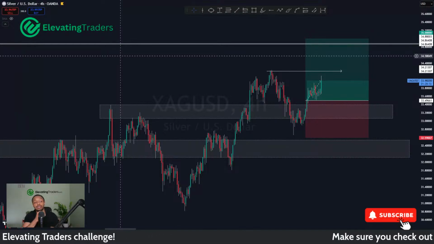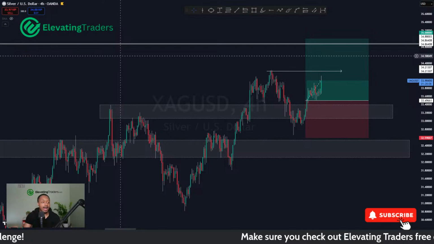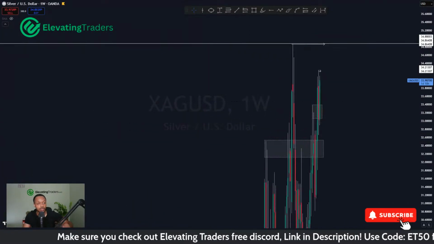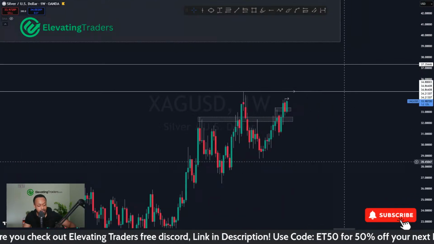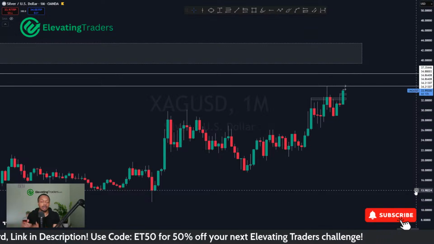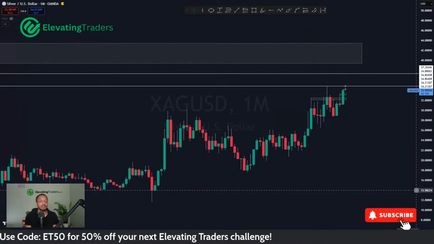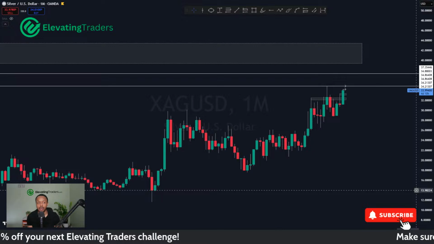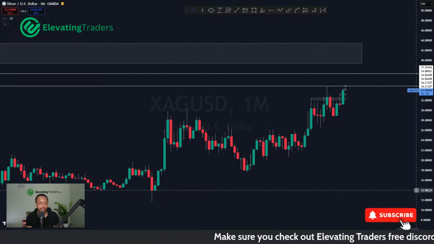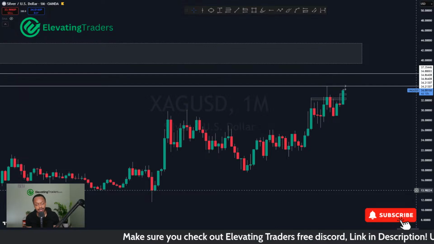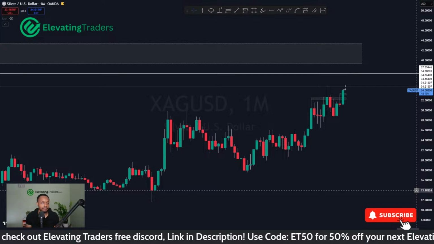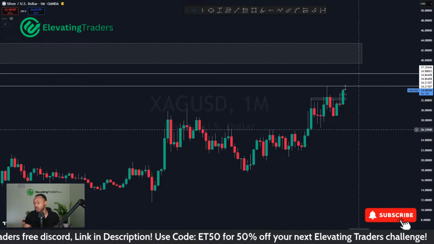Momentum is looking pretty good. Really nice swing. The higher lows are very consistent as well. And the thing about silver is that pretty much all the higher time frames, daily, weekly, monthly even, are very, very bullish markets, very bullish trends. So the odds of us getting back to swing highs, I would say, are pretty high. We just need the momentum to continue, that's all. Chance of us suddenly reversing here are pretty slim versus us continuing to the upside. So I would say there's a good chance we do hit that take profit today.